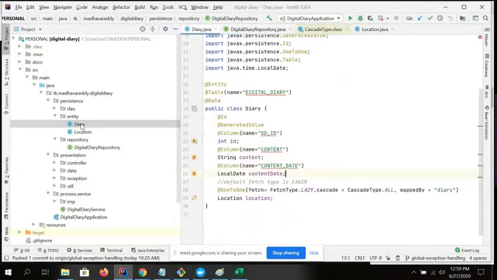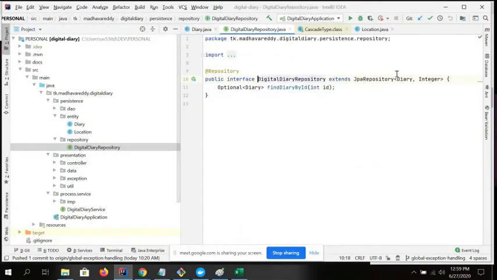When you create a diary, it is a master, and you always prefer a master table for the relationship. Here you always have to specify your relationship, your master class. You can also have child classes if you want to store child tables individually. You can also have a number of repositories for the child. There are no restrictions over here, but I always prefer to go through the master class to store the relationship.